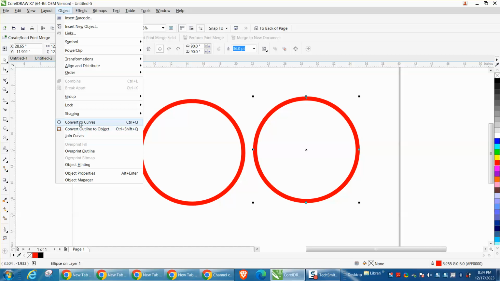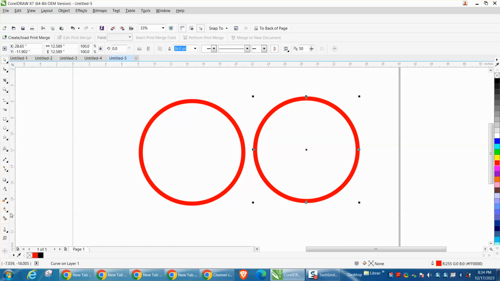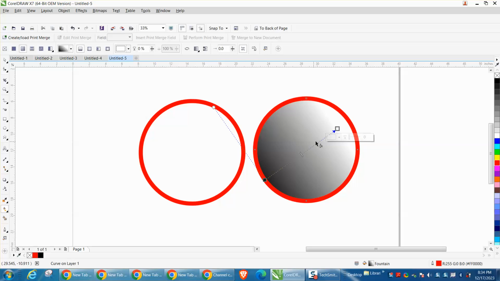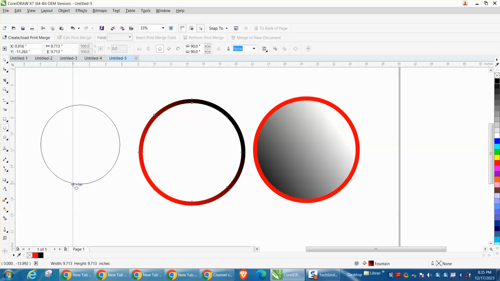The other reason I do it is if I want to use the interactive fill tool on this, if I get the interactive fill tool and I want to change the color, it changes the inside. If I do this one, it changes the line. So I can make my circle a different color. So that's the difference between an outline, and also, I mean, an outline is so readily neat because you can